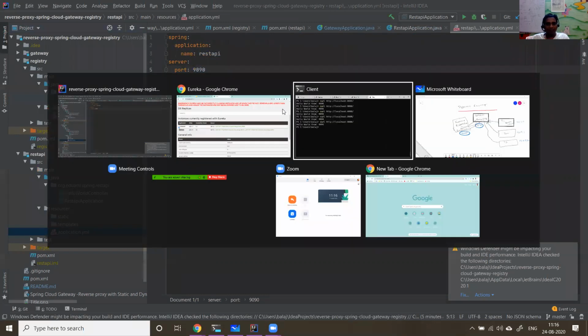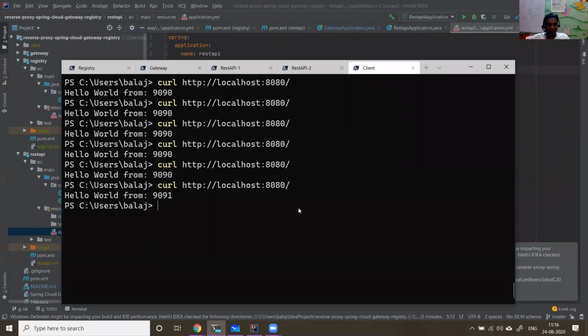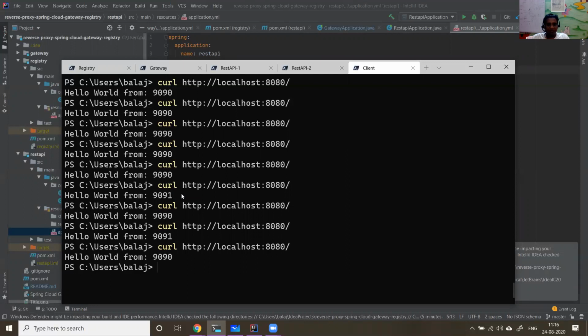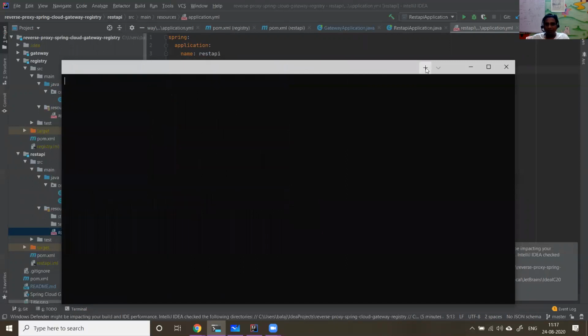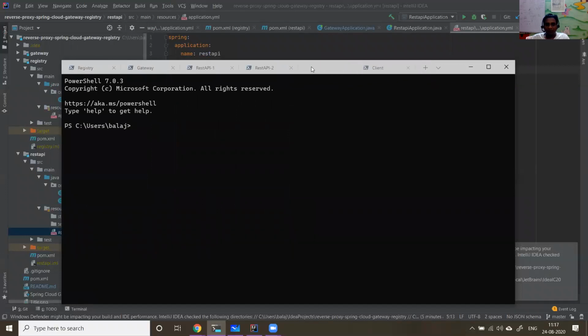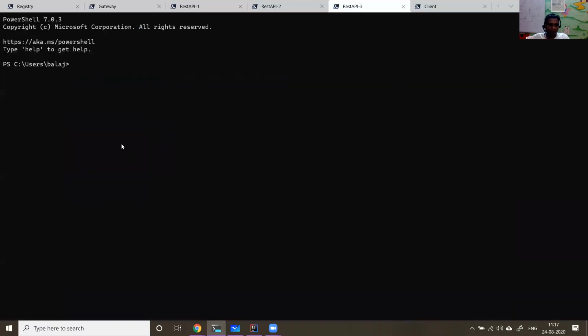Now let us see whether the servers get refreshed and round robin happens. You see the request is going to 9091 also. Let me bring up one more REST API instance.